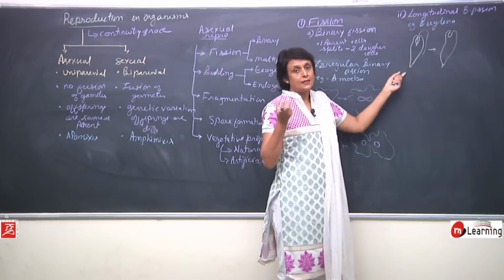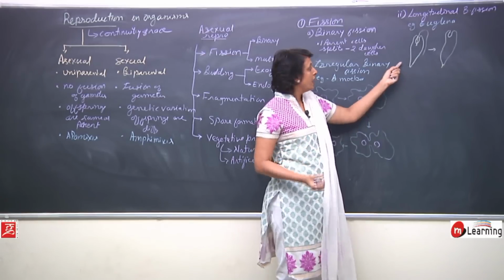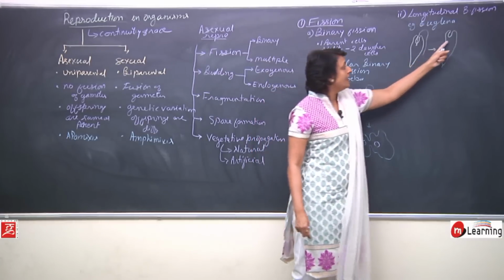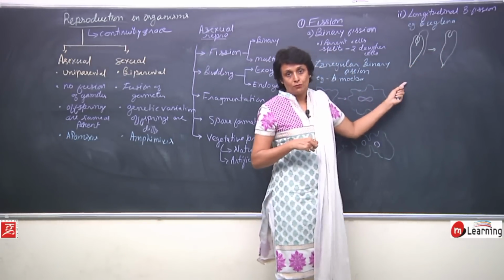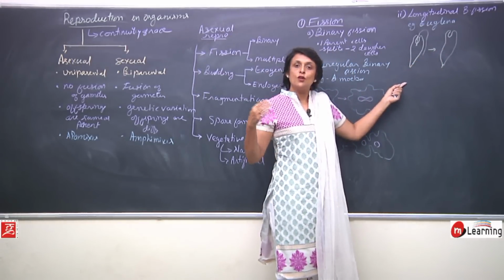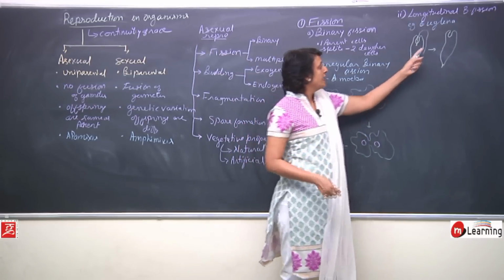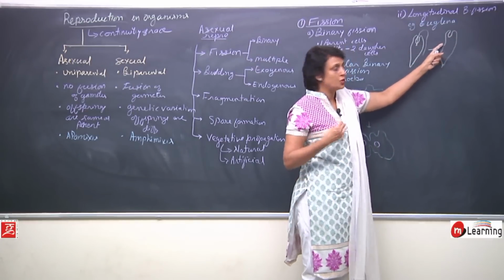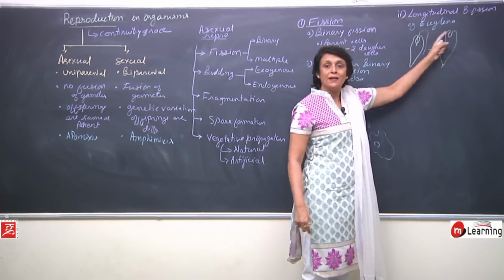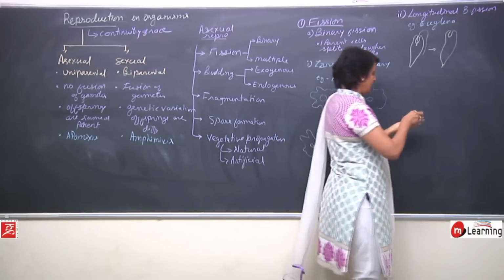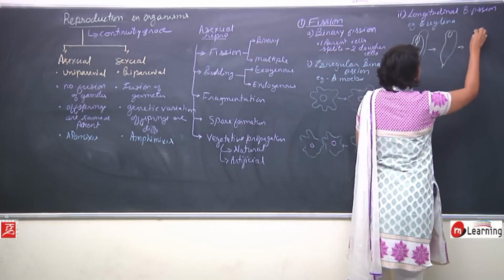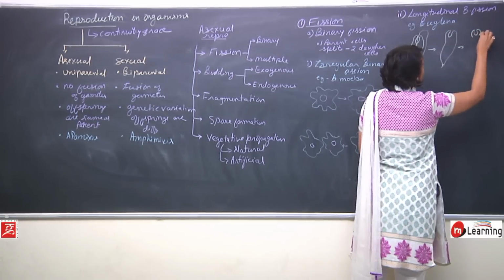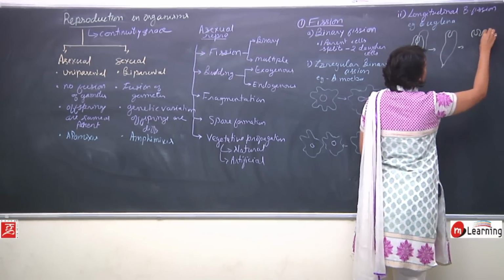So if it has sufficient light available to it, it will perform photosynthesis. But if light is not available, then it takes food from outside. So its mode of nutrition also becomes heterotrophic. So this is the place from where it would take nourishment or nutrition. So first thing is this upper end, the gullet end divides. So here we start seeing an organism with two gullets formed. The upper end, there are two such structures,